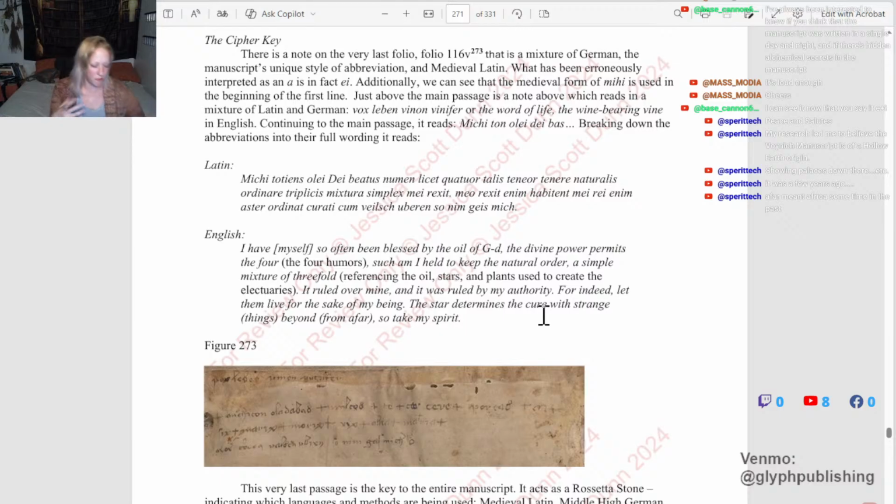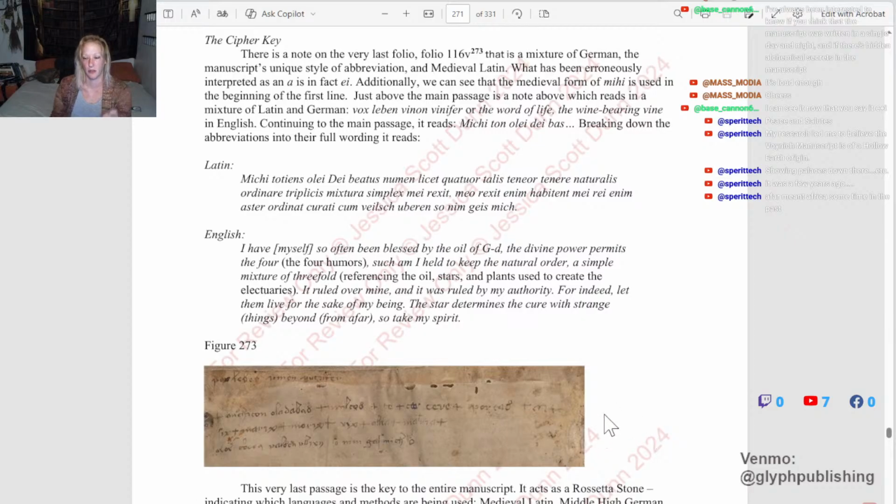So, the Far East is where he went. All of the plants, the majority of them, are from the Far East. There are some from Africa, so that's cool. But let's move forward. So now we know that the monk is Swiss German. He uses German and Latin inside the